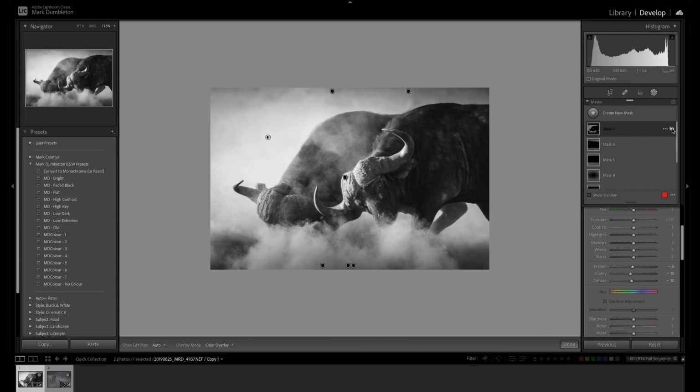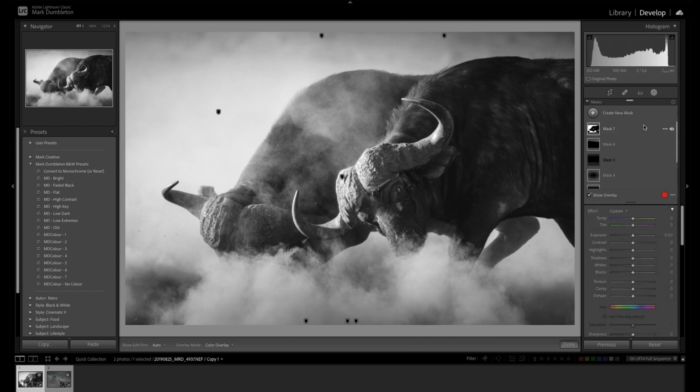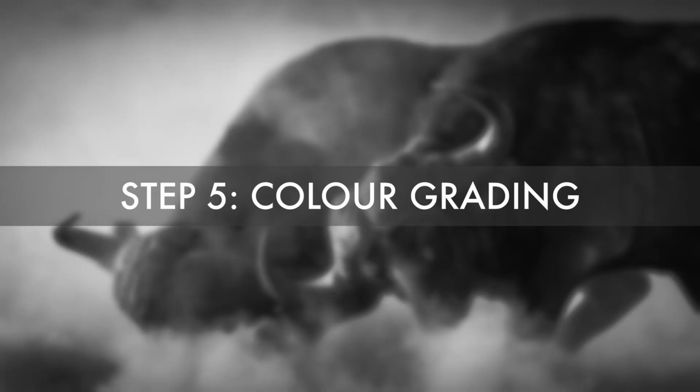So just a before and after, let me fit this image to the screen, and I'll turn that mask on and off. It's a very subtle effect, but it does add a little bit of glow to those highlights there. So after you finish doing your selective work, you click done, and we'll move on to step 5, which is